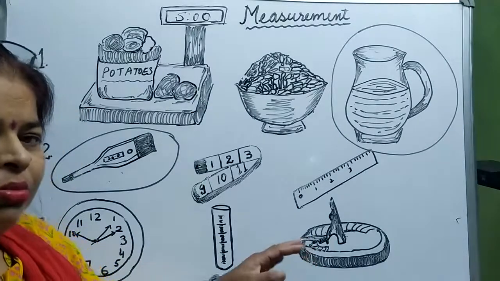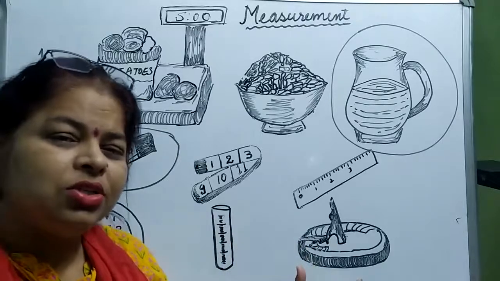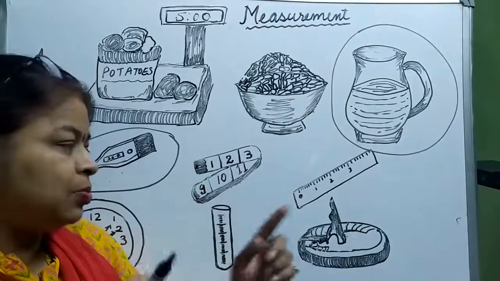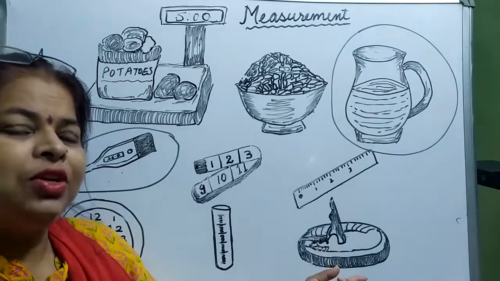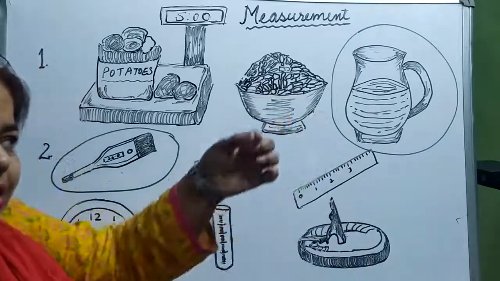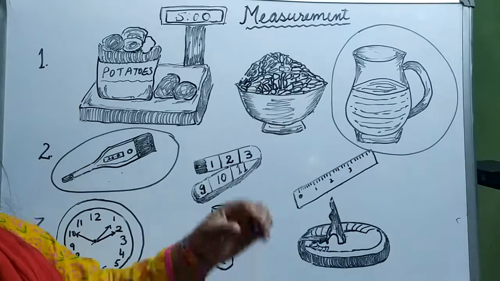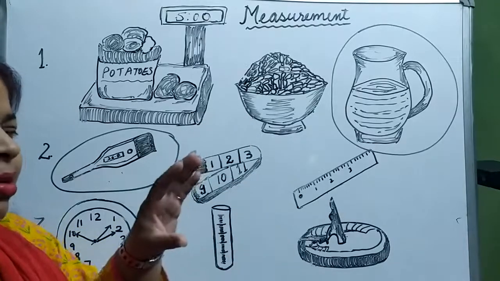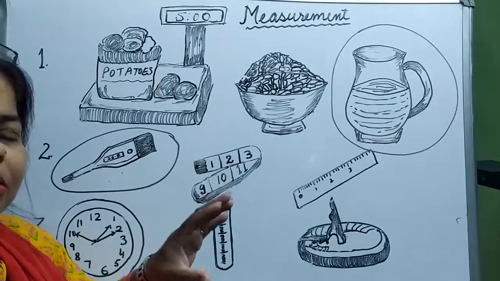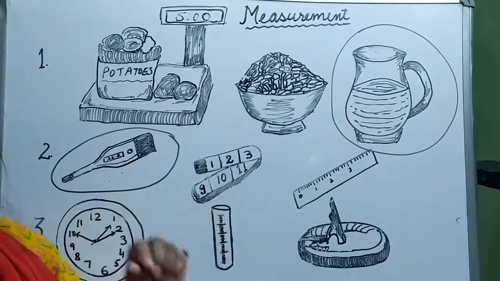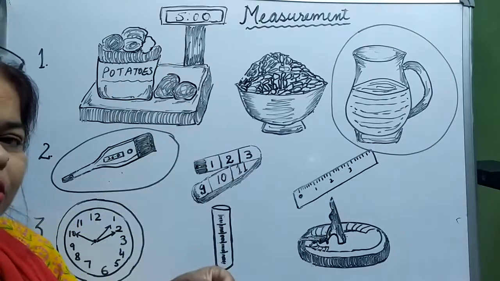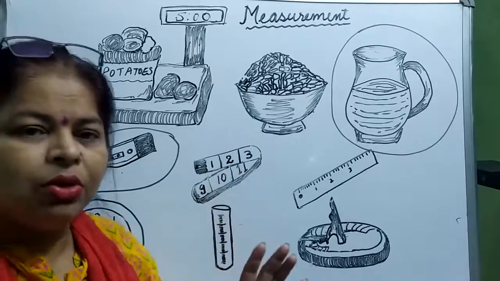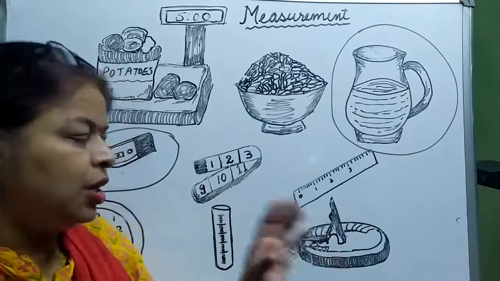Do you know some more devices which were used in ancient time? Just like the hourglass. It is a spindle-shaped box in which sand is kept, and the sand is allowed to flow down. When it has completely flown down, a particular time length is over. So it is inverted again and kept, and again the sand would trickle down and settle down. So it is a very uniform time. The hourglass was also used in ancient time.